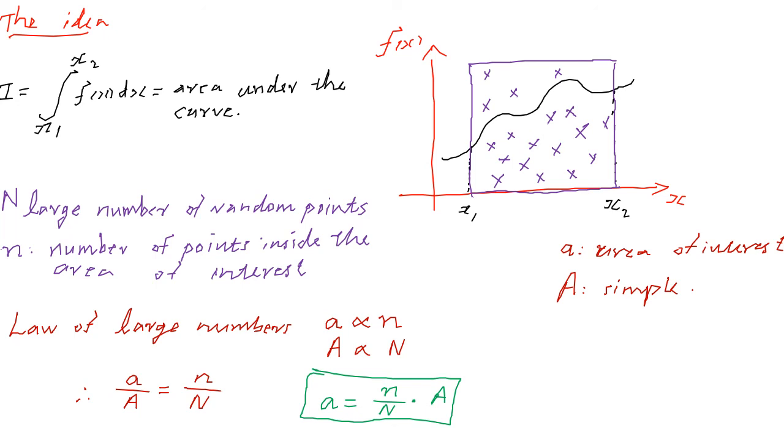So in general, instead of f of x you may have a complicated function of x, y. Then also you can check whether a particular point is within the area of interest. Fine. So this is the idea. It need not always be a rectangle or square in shape. I just considered one simple example. So this is the idea of Monte Carlo simulation.